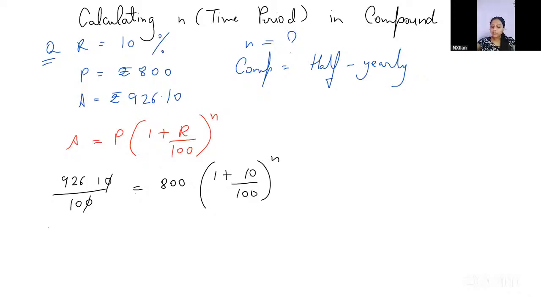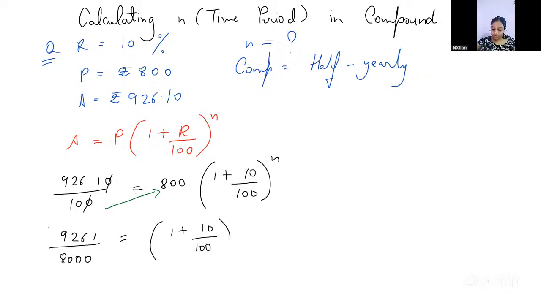Now 9261 upon 10. This 10 and this 800 you can cross multiply. So it becomes 9261 upon 8000. Why? Because I multiplied the bottom 10 with the 800, taking 800 to this side. So 9261 upon 8000 is equals to 1 plus 10 upon 100